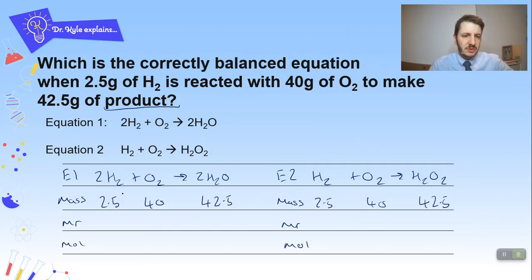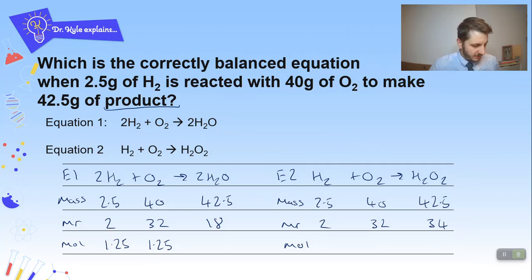Okay, so Mrs then. So hydrogen is 2, oxygen twice is going to be 32. That's going to be 18. That's going to be 2, 32, and that one's going to be 34. Let's work out my moles then. So 2.5 divided by 2 equals 1.25. 40 divided by 32 is going to be 1.25 again. And then 42.5 divided by 18 is going to be